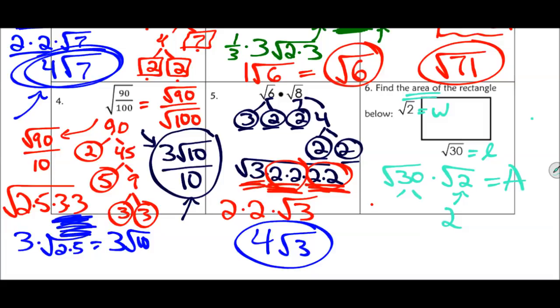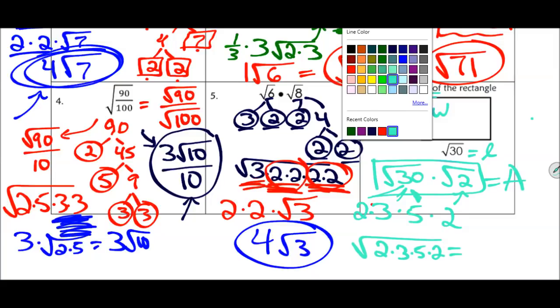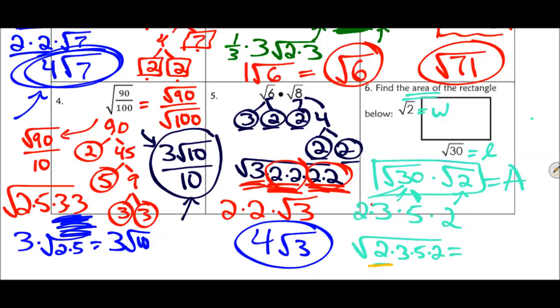And I have the prime factors of 30, which are 2, 3, and 5. I actually broke that down into its prime factors right away. 2 times 3 is 6, times 5 is 30. So I know that these are the prime factors in that multiplication problem. I'm going to put that under one square root symbol, 2 times 3 times 5 times 2. And I see that I have a pair of 2's here. So one of those 2's is going to come to the outside. And I'm going to simplify on the inside. That's 3 times 5 on the inside, or 15. And that's as simple as the area